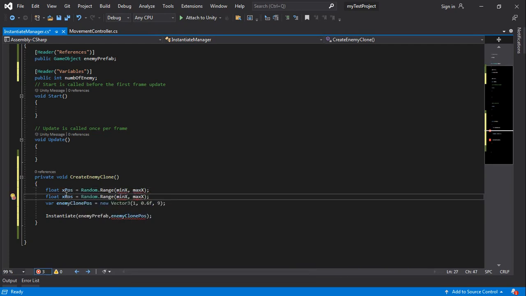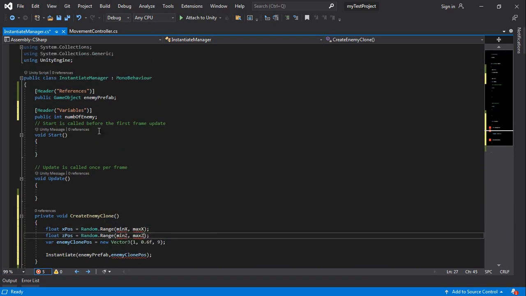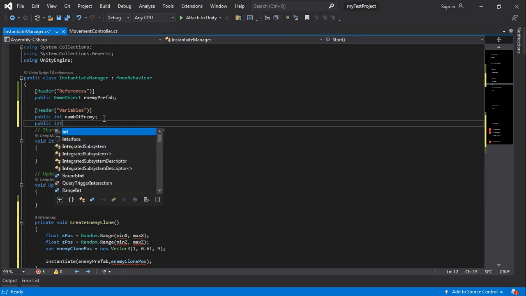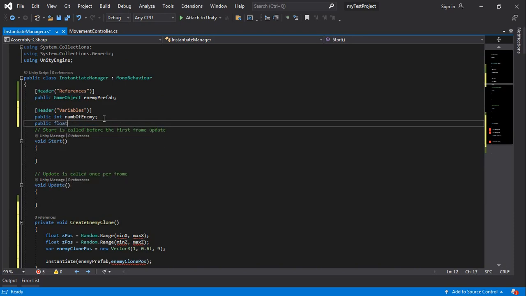The same thing applies for z. Remember, we're not setting the y position since y indicates the height, so I want everything at the same height. So minimum z and then the maximum z. We haven't created these values yet, so let me come in. Since we are going to set them in our inspector,